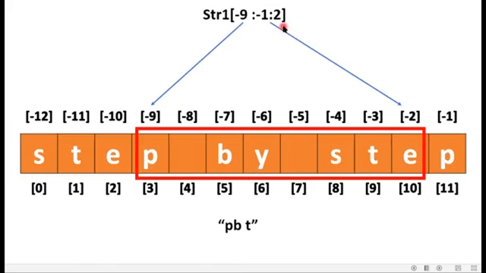But because the stride value is 2, after this -9 index position, it will take a jump of 1 character, or we can say 2 characters. Right? Because -9 plus 2 is equal to -7. So after P, B is printed over here. The -7 index position is containing the B character. Now -7 plus 2 is -5.